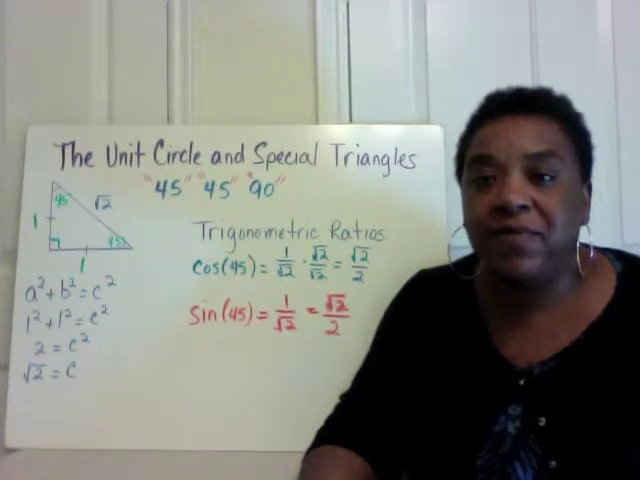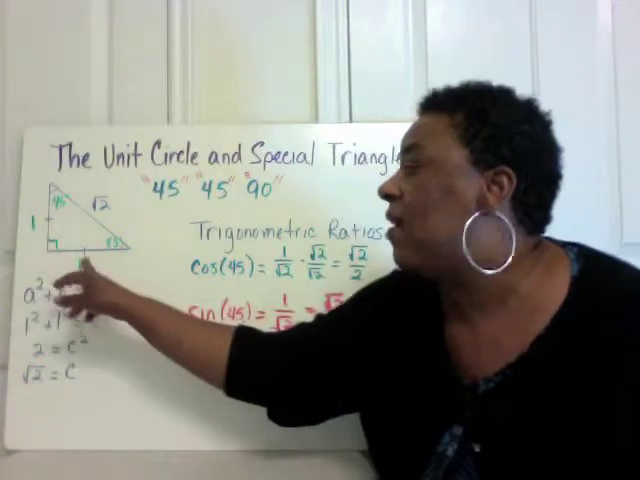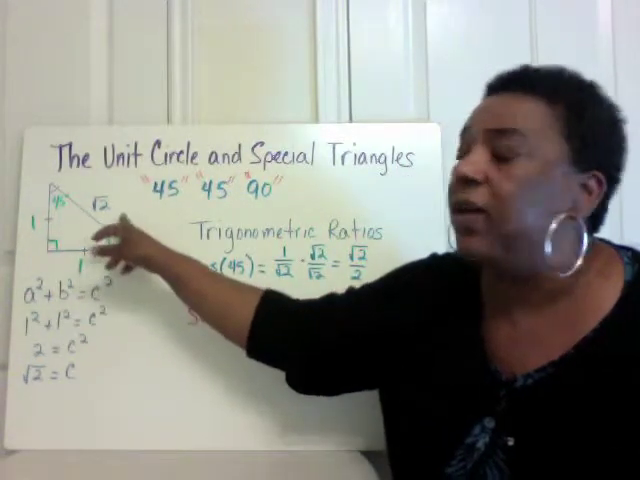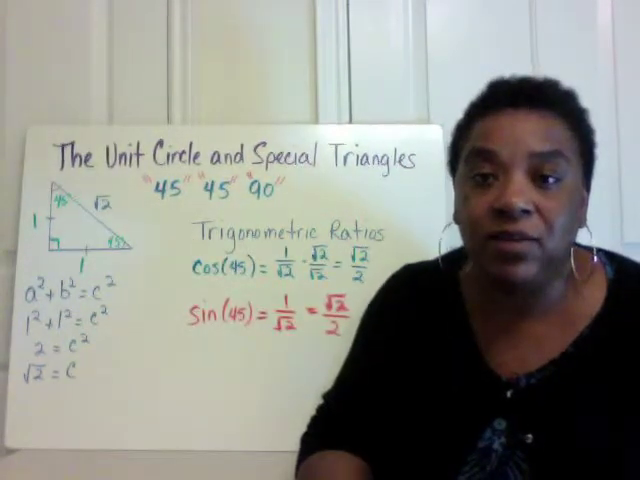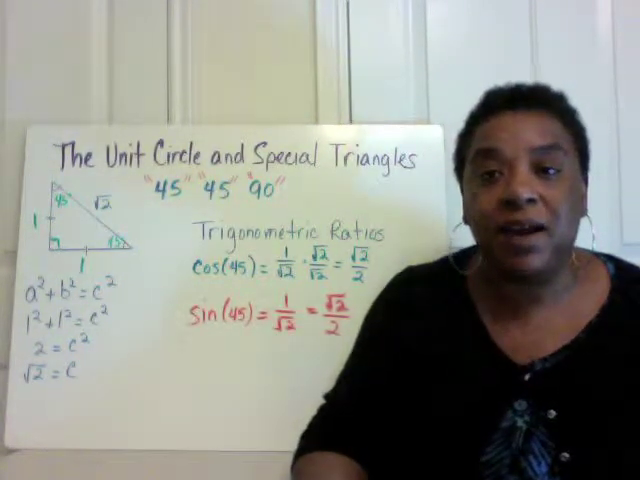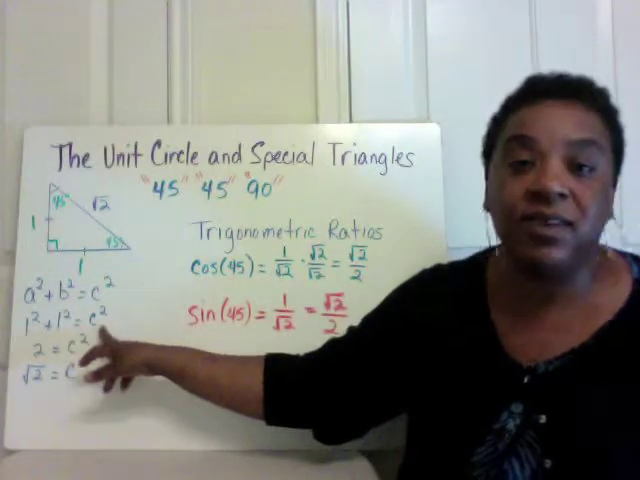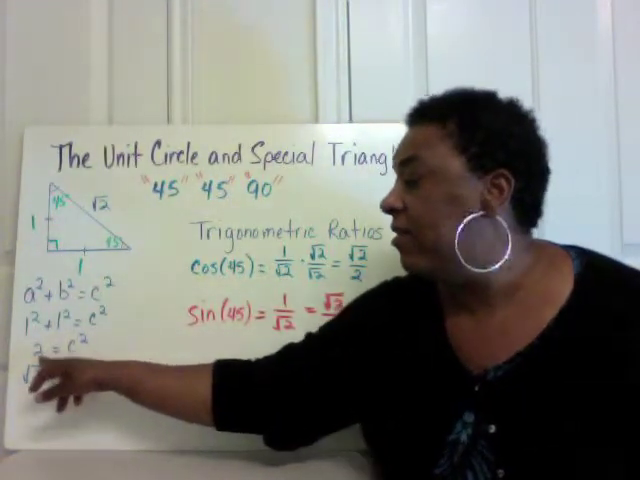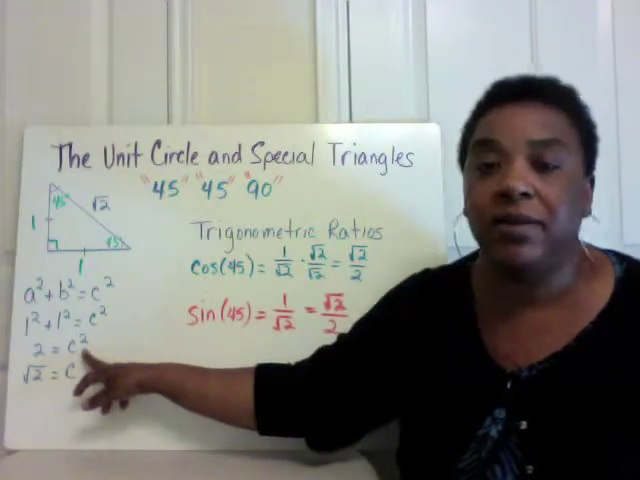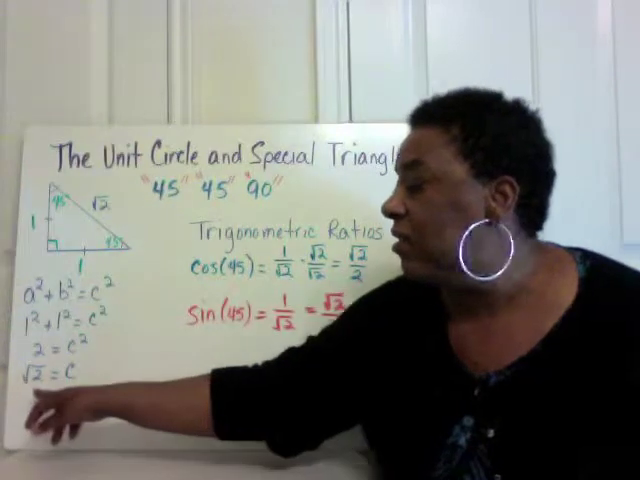Now in our 45, 45, 90 degree triangle, we know the lengths of the two legs, but we weren't given the length of the hypotenuse, but we can use the Pythagorean theorem to find the length of the hypotenuse. So 1 squared plus 1 squared equals c squared. And that is 2 is equal to c squared. And when we take the square root of both sides of the equation, we get the square root of 2